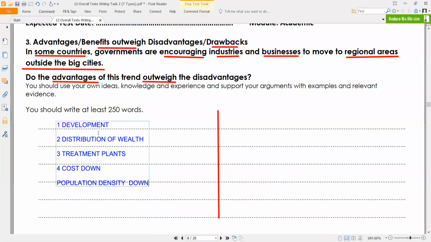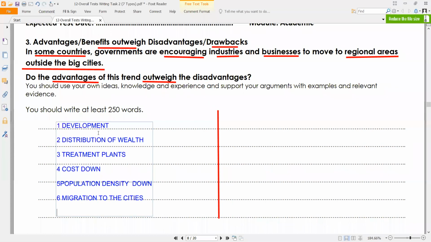And migration, this is a good point that she has raised. Now that's number 5. And number 6, for example, if you see the migration to the cities, it's a huge problem. Migration to the cities is a huge problem and it will be resolved as well. Anything else? Yeah, that's right, Ahmad. You're right, exactly. Noise pollution, exactly. But in the cities, the noise pollution would go down.